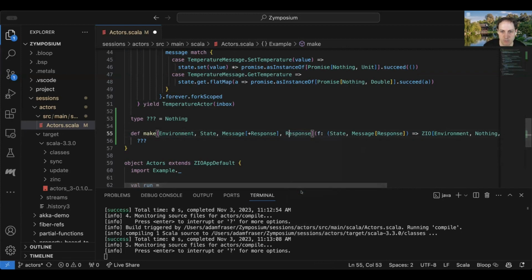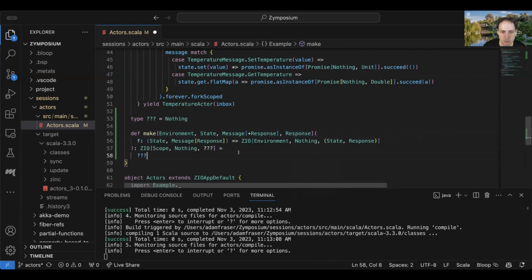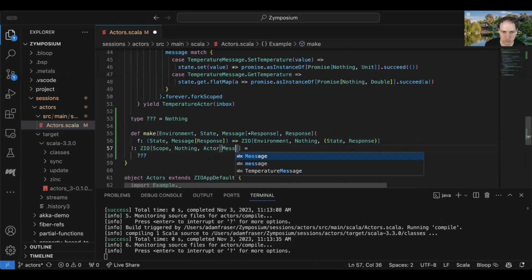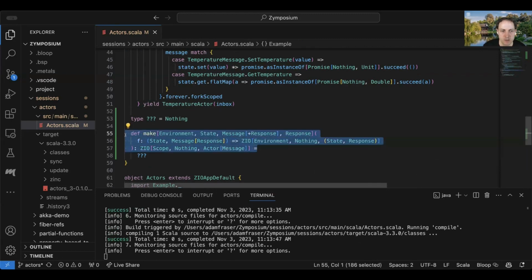Let me see if I can format this so it's readable. There we go. Now I need to fill out what this is. So this needs to return an actor. And the actor is going to be an actor that accepts this message type. And now this is starting to look pretty good.